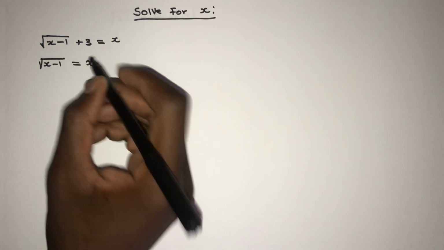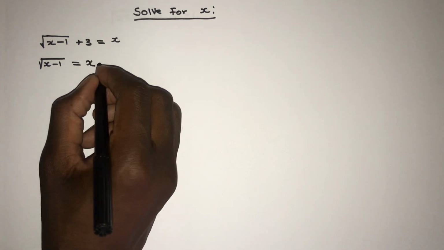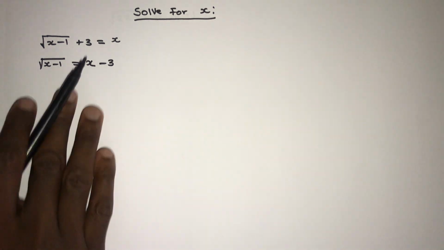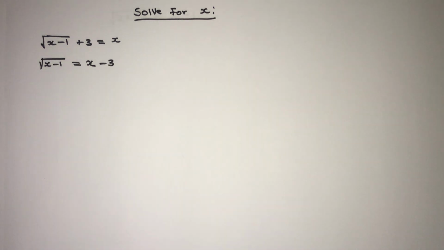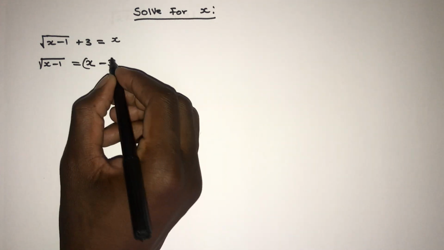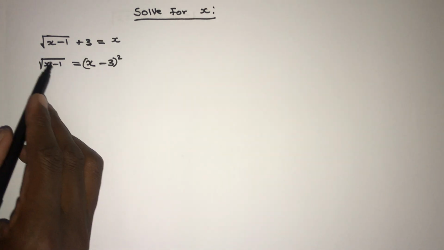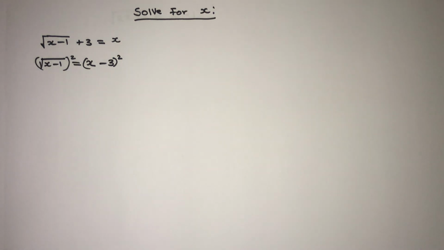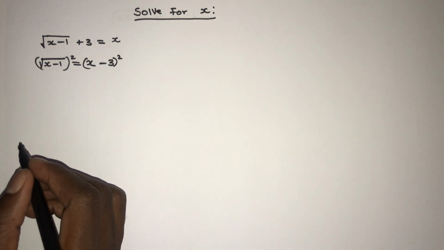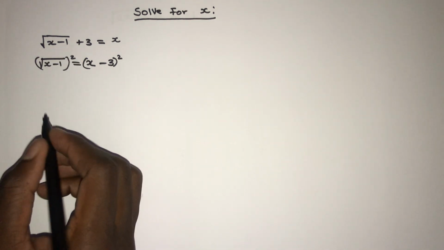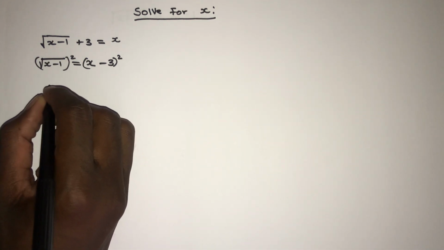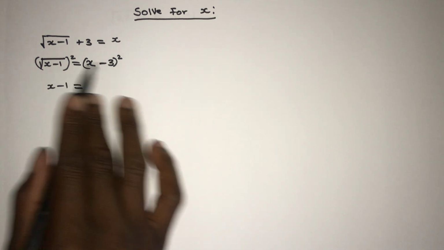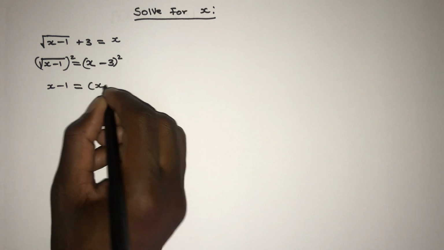x on this side, then we take 3 to the other side, and then it becomes negative. Since now we have a root on this side and this one on this side, that means we can square both sides, because we want to clear the root. So the square of that square root is just the number under the square root, so it's x minus 1 is equal to, then let's expand this one, x minus 3,